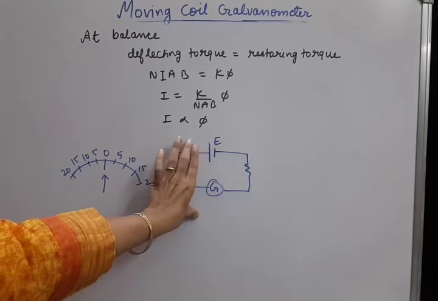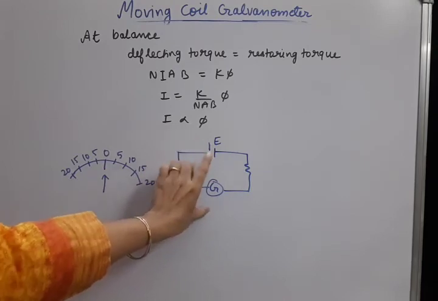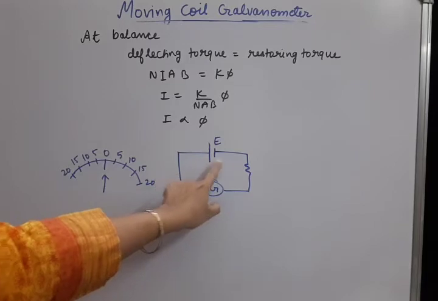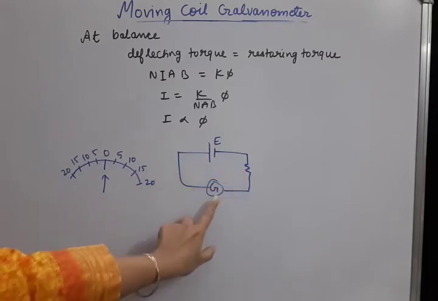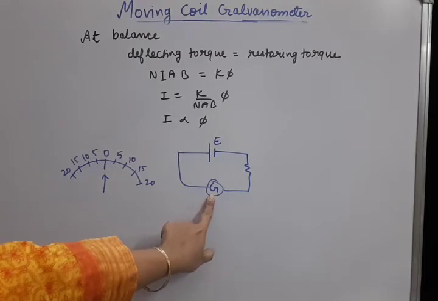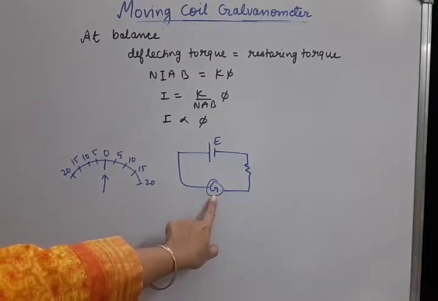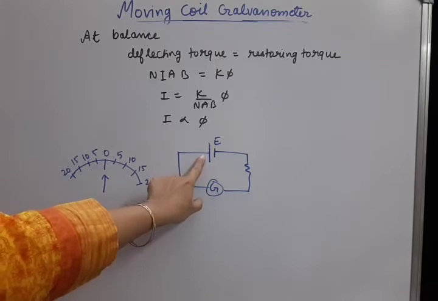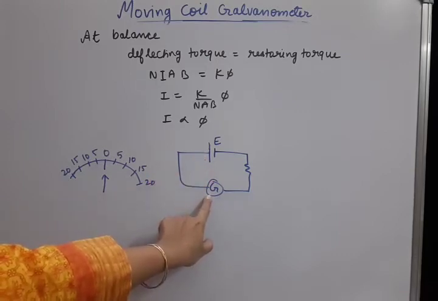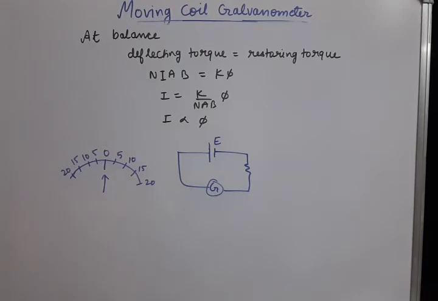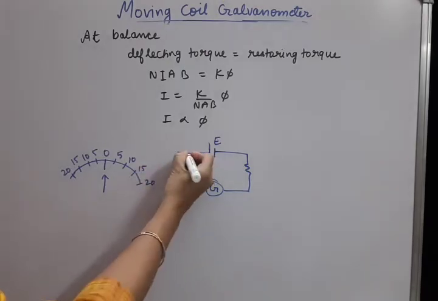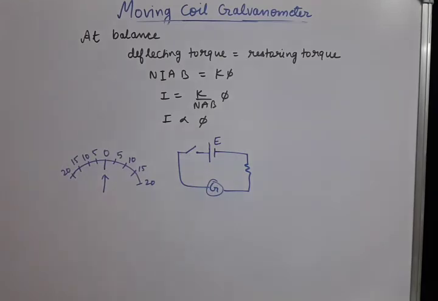Okay, so now I'll take a simple circuit to explain this concept. Suppose we have a battery and a simple circuit, that means only a resistance and a galvanometer connected. The galvanometer's purpose is to detect the current. Now what will happen? Initially, when no current is there in the circuit, suppose we connect a key also in the circuit. Initially when this key was open, no current was there in the circuit. So the galvanometer shows zero deflection. This is the scale of the galvanometer. It shows zero deflection. This is the pointer and this is the scale.